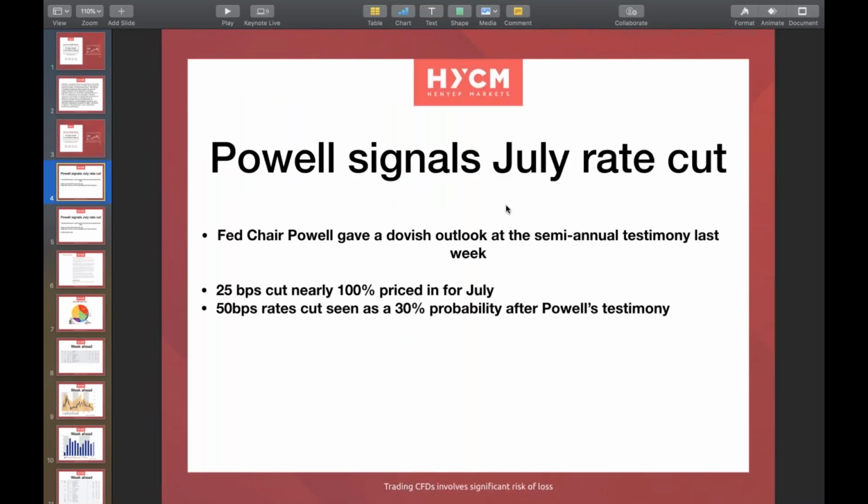Now, last week, Fed chair Powell signaled very clearly that a July rate cut is coming. So last week there was the semi-annual testimony. Now, these semi-annual testimonies can be more market moving than the Fed's general comments, because it's semi-annual, it's the middle of the year, so it can be given greater significance and also gives the Fed opportunity to signal any sort of major moves. And Powell took this opportunity to signal a July rate cut, and he gave a dovish outlook for the US